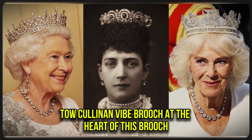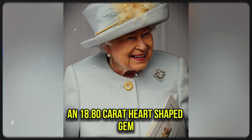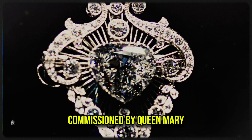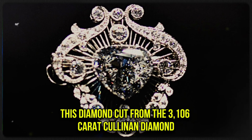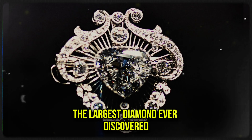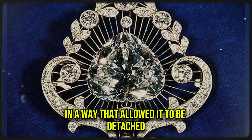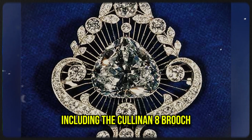Let's dive in. So, Cullinan V brooch. At the heart of this brooch lies the Cullinan V diamond, an 18.80 carat heart-shaped gem commissioned by Queen Mary. This diamond, cut from the 3,106 carat Cullinan diamond, the largest diamond ever discovered, was set by Garrard in a way that allowed it to be detached and worn with other pieces, including the Cullinan 8 brooch, which will be